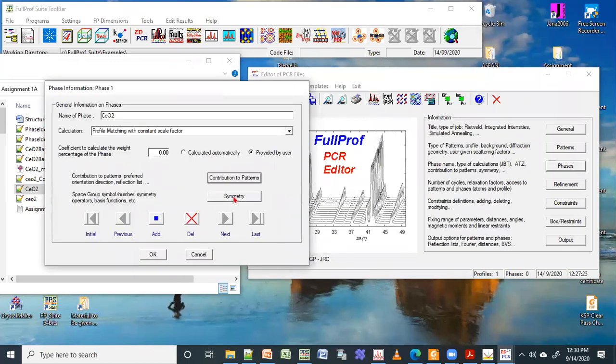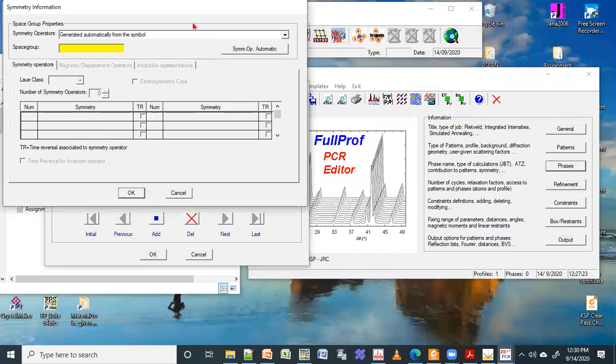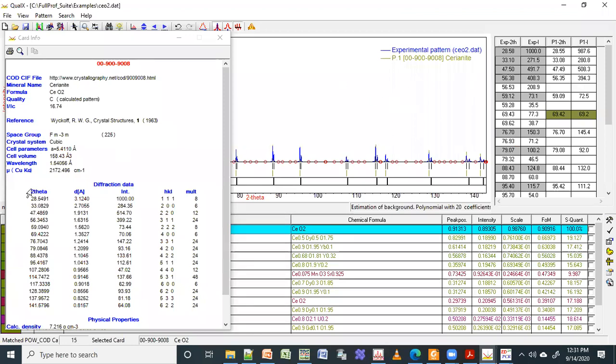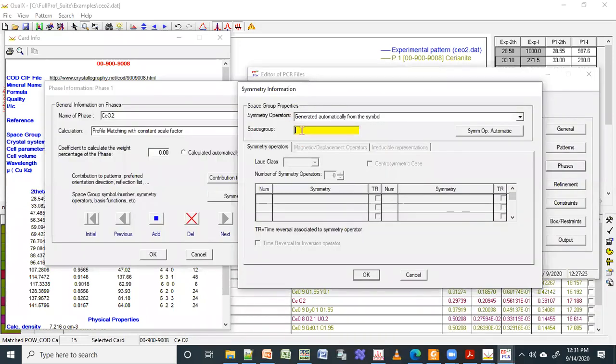Next, you have to give the symmetry. In symmetry, you should take the symmetry of your crystal. If I go back to VESTA, the space group is Fm-3m, right? So I have to write in the same way, F space m, then space minus 3 space m, or just write 225. In this place, you can write 225, and then you just click on symmetry operation. Or you can write capital F. You should be very careful. If I just write Fm-3m, it will not work.